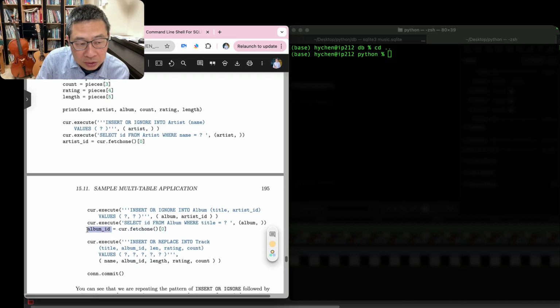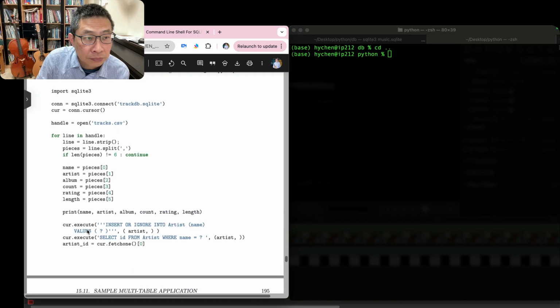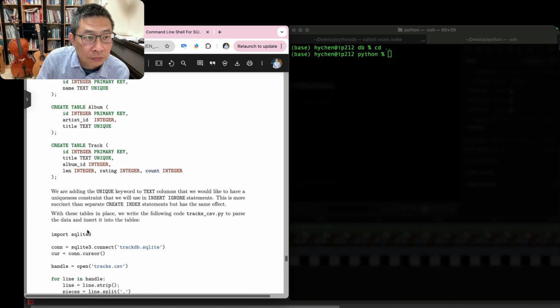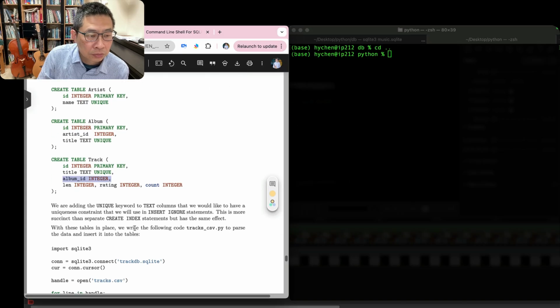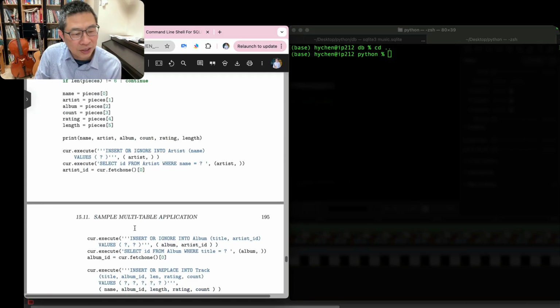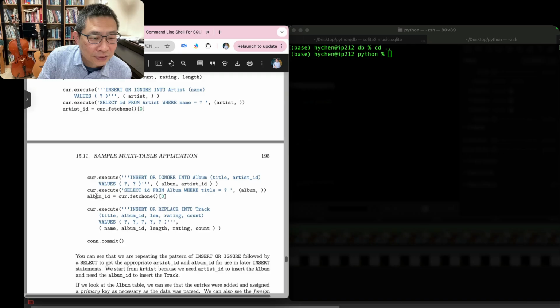Remember, album ID will be the record, the field, the column, the foreign key in track, right? So a little bit tricky, isn't it? So this is association, and then finally you execute